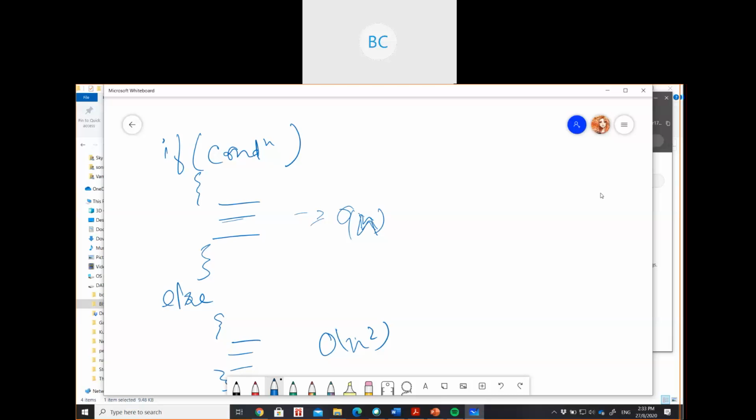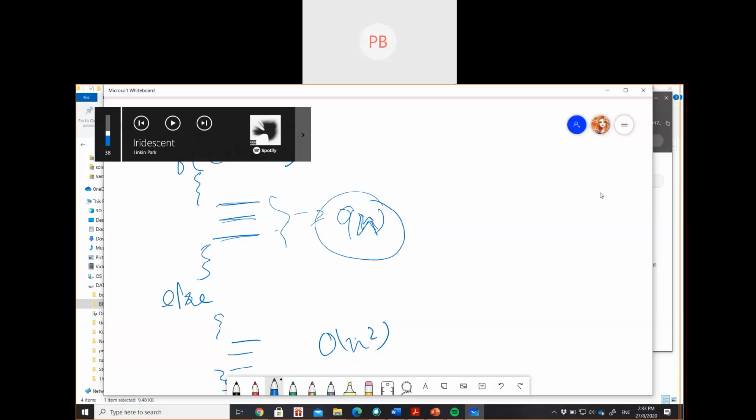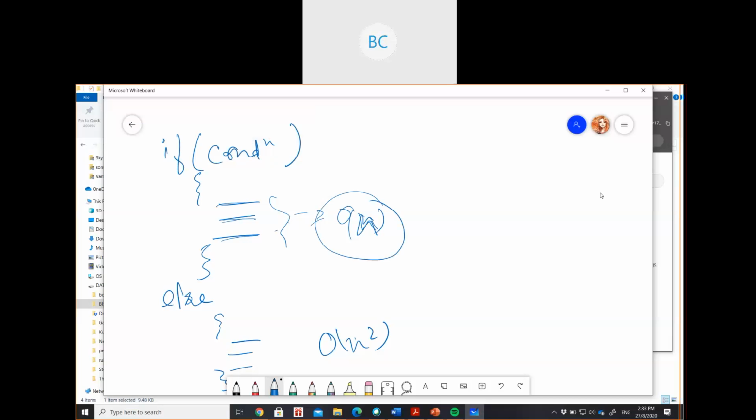Tell me what should be inside the if condition when the time complexity will be O(n). What did you say? A for loop, ma'am. Yes, correct. Suppose inside this if statement there is a for loop, so it will take O(n). Then there can be another condition too. Maybe there is no for loop inside your if statement. It's also possible.